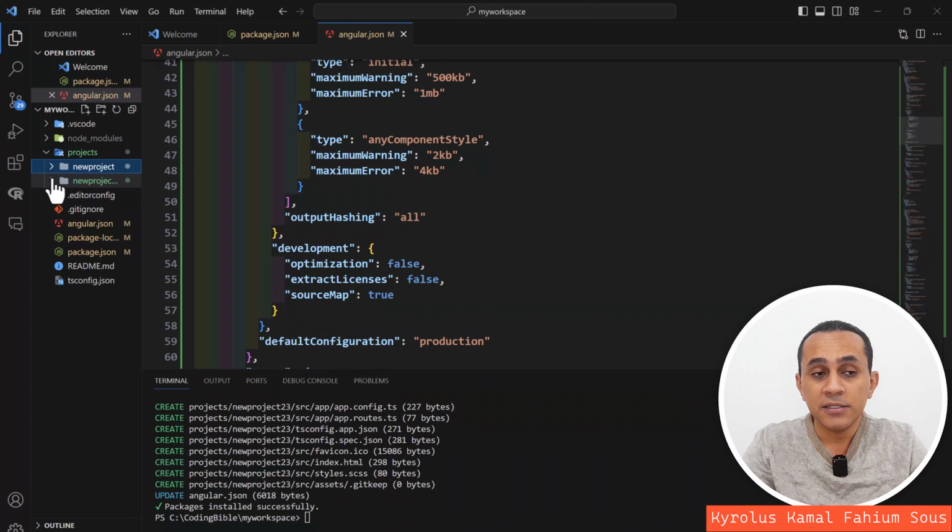And there is another case: if you have more than one project with the same configuration and with the same packages, it's good to add them in one workspace. However, don't overuse this, because if you have, for example, 10 projects and the size of each project is big, this means that your code editor will be very slow, and it's not good. So just use this for a few projects.